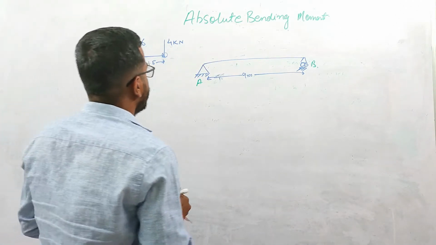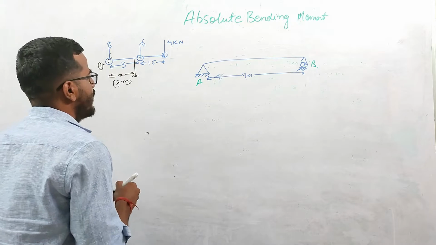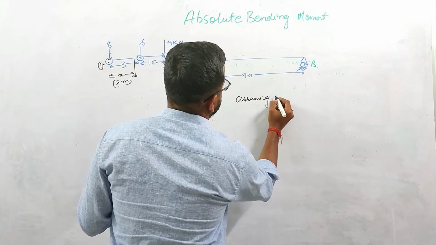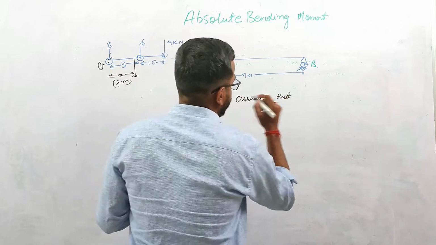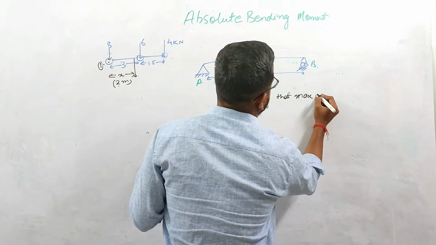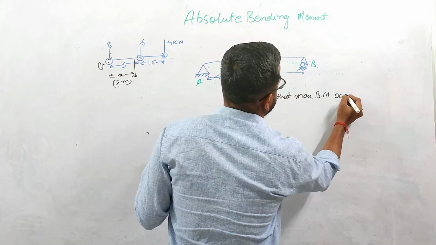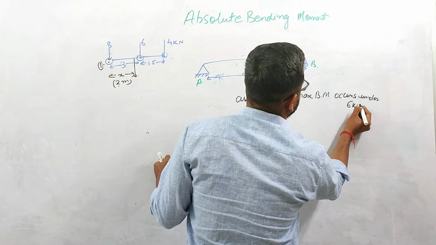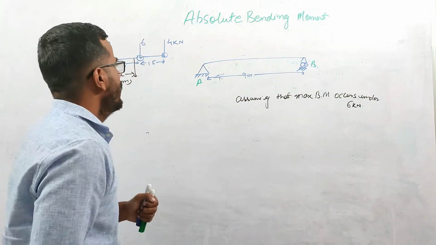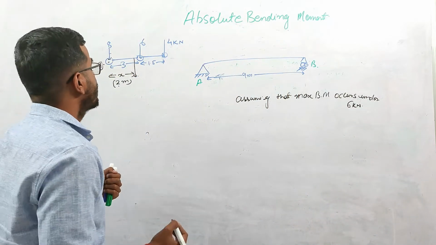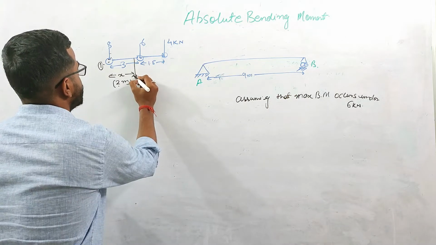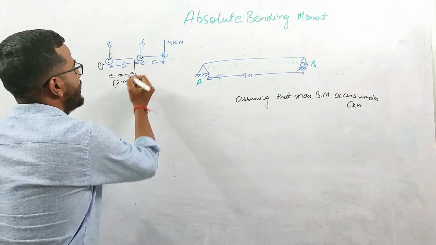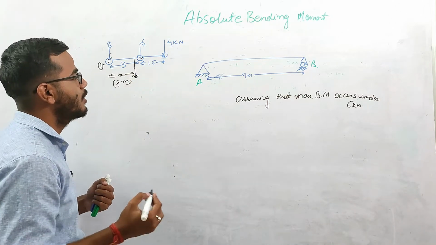If the maximum bending moment is occurring under the 6 kilonewton load, we have the general theorem that the 6 kilonewton load and the resultant load should act at an equidistance from the